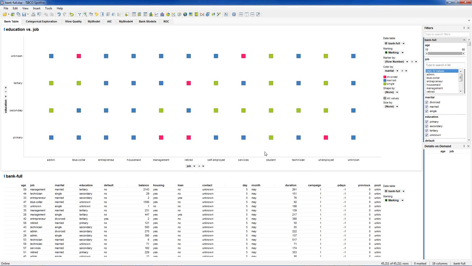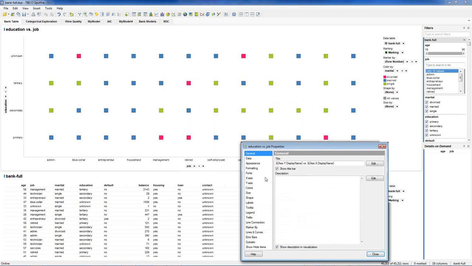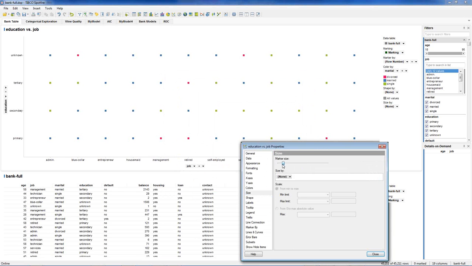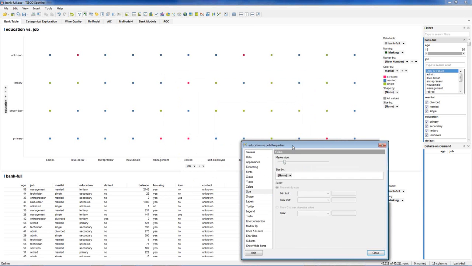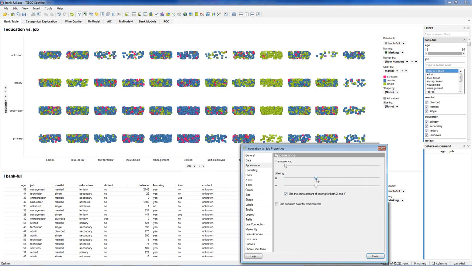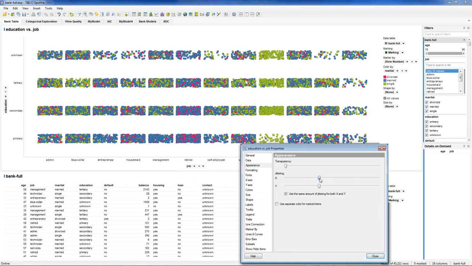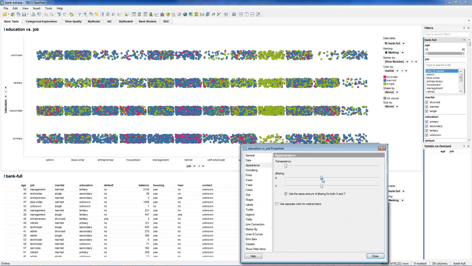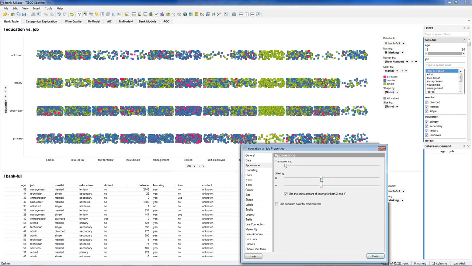So we'd like to get a general sense of distribution, and can look at it this way. So what I'll do is first of all reduce the size of this marker, and now I'm going to jitter these points, right? So jittering is we're applying some random noise around the points.